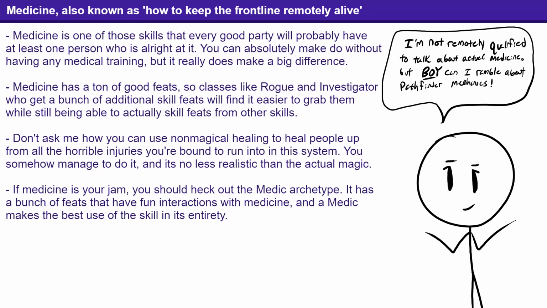Today we're going to be talking about one of the most important skills in all of Pathfinder 2e, the medicine skill. Medicine is used for exactly what you would expect, patching people up and making sure that their insides stay inside. It's a wisdom-based skill, and generally speaking, you really want at least one person in the party to have medicine and probably be good at it, as it really helps get the party patched up between